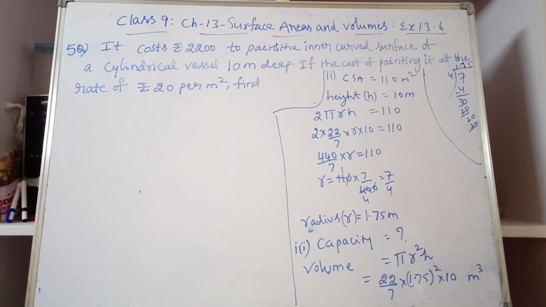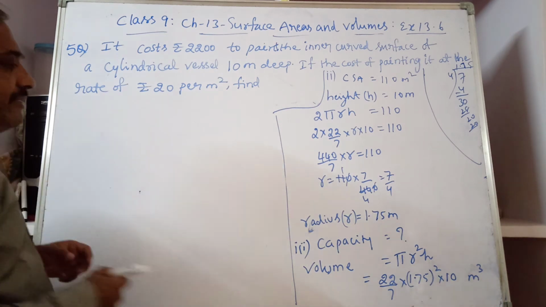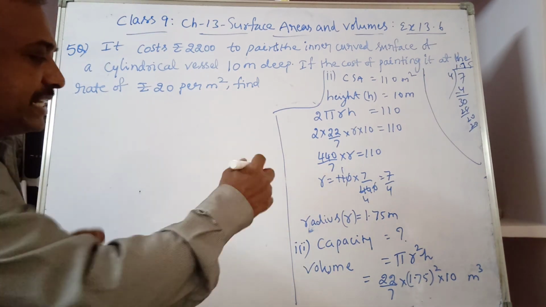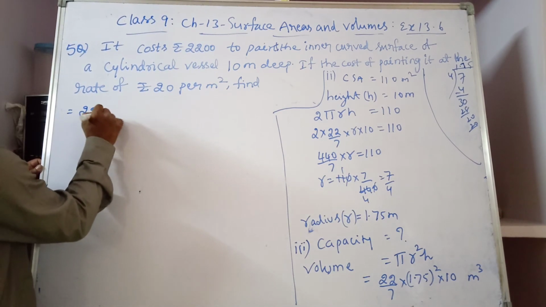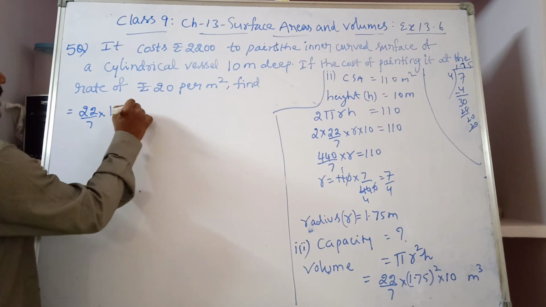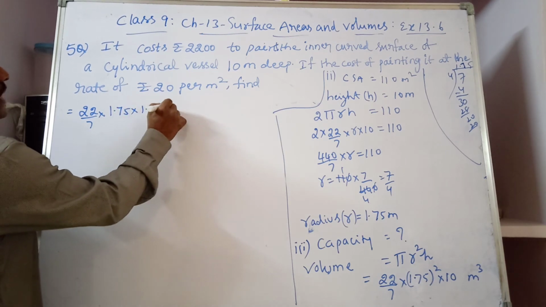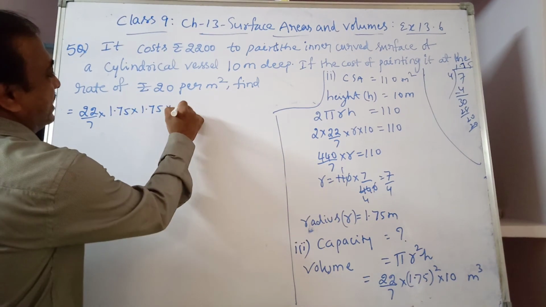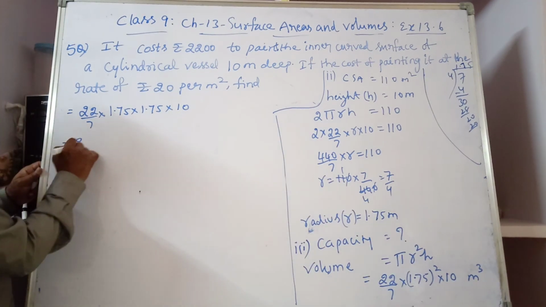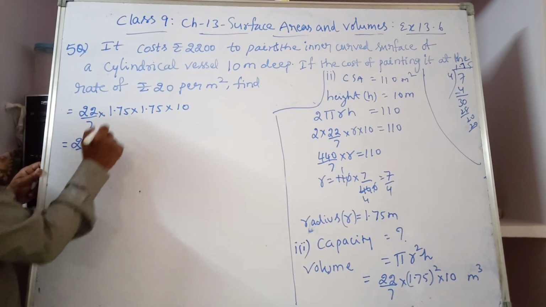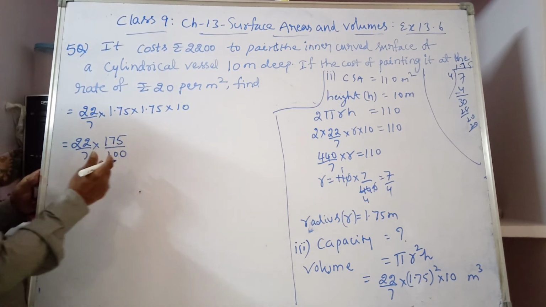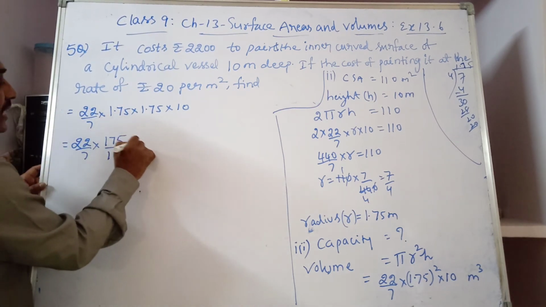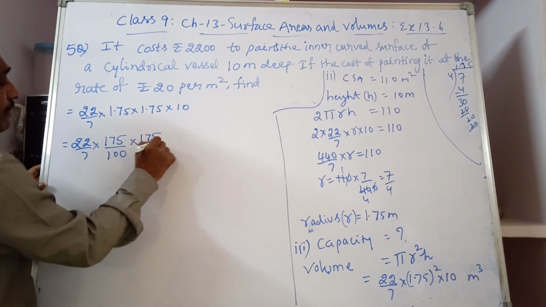Now let us continue that part here. 22 by 7 into 1.75 whole square into 10, which is equal to 22 by 7 into 1.75 into that 10. So now 22 by 7 into 1.75, we can write as 175 by 100, so that we can simplify it easily, into 175 by 100